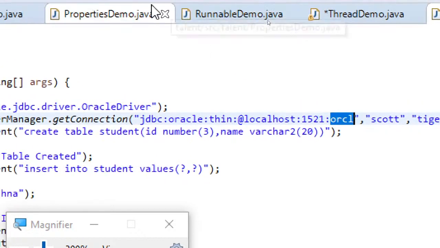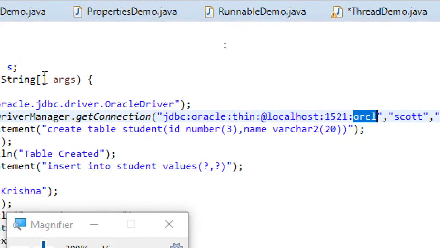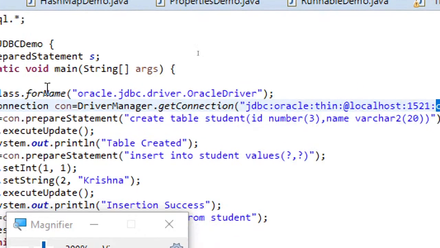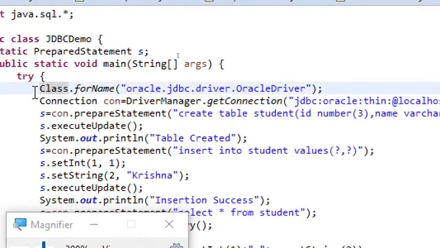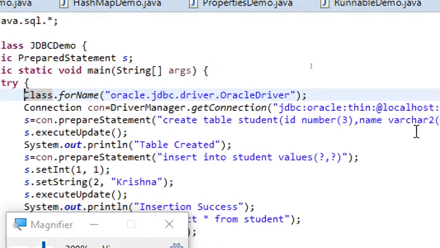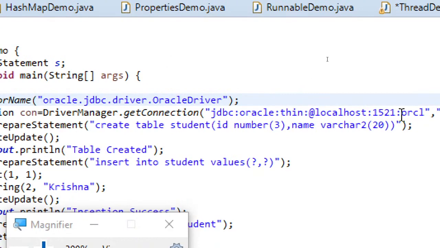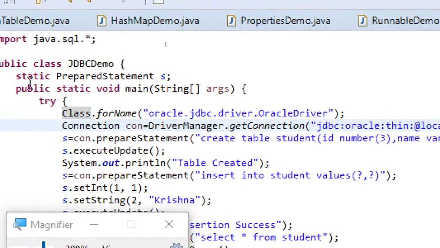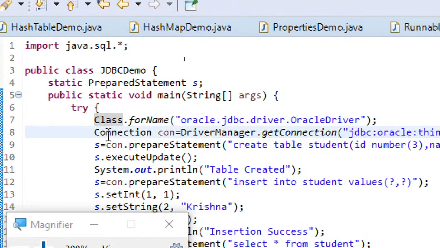So you can just go to the DB home of your Oracle installation, and there you can find the network folder. In that network folder you will see the admin folder. In that admin folder you can see the tnsnames.ora file. If you edit it, you can see the service name and then the port number. So there you can find the port number and service names, and that's step 2 of creating the connection object.